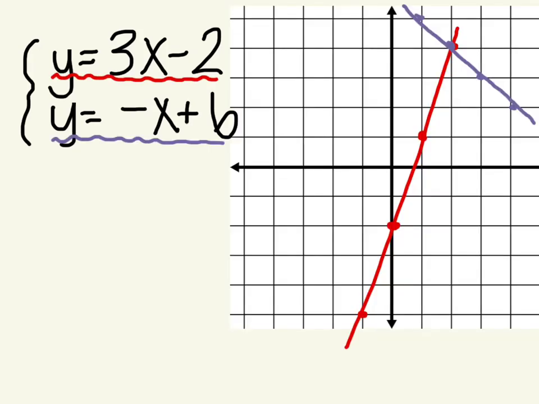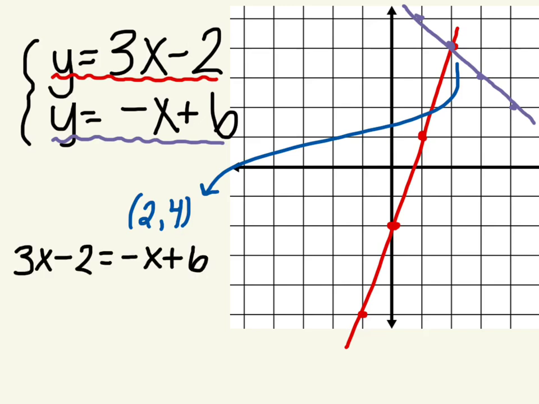Graphed on the same coordinate grid, you will see that these two lines intersect at this point right here. So I can see that that would be my point of intersection. In other words, that would be the point of equality when I've set this linear system of equations together. The solution to this set of equations is (2, 4), and I'm going to prove it to you,